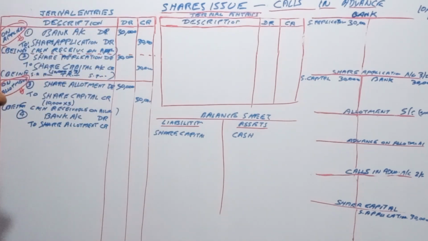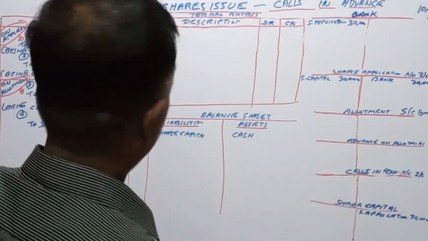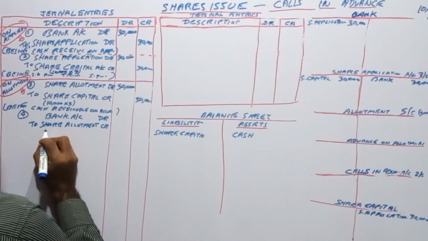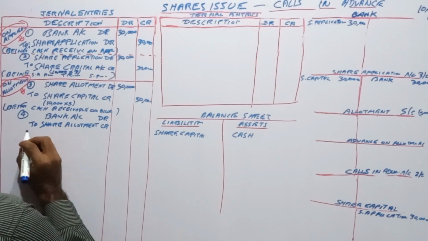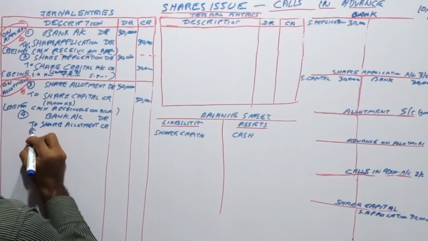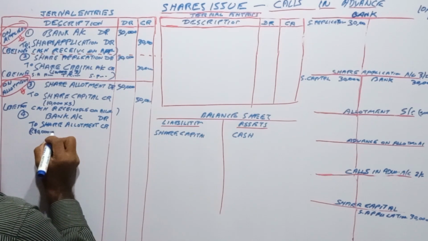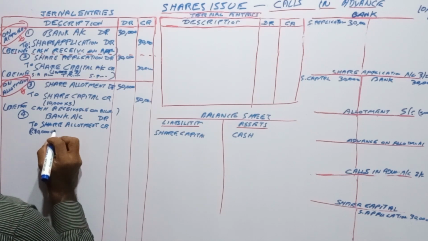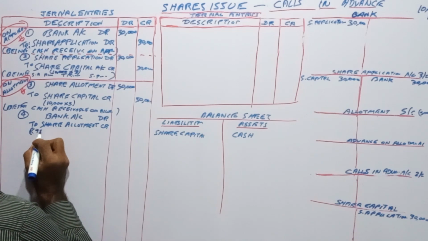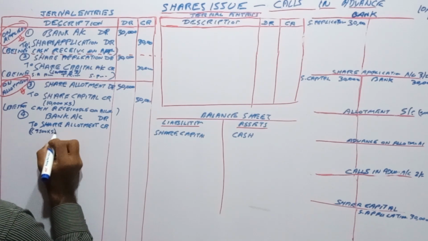We have received 5 rupees on 9,500 shares, 9,500 shares into 5,